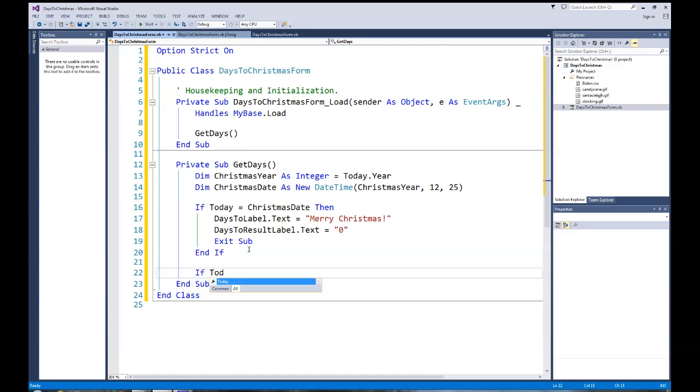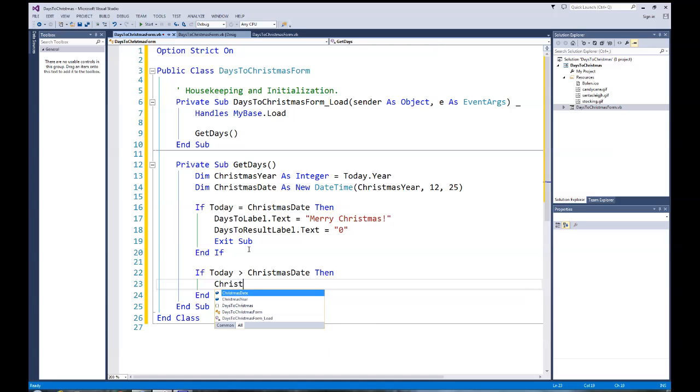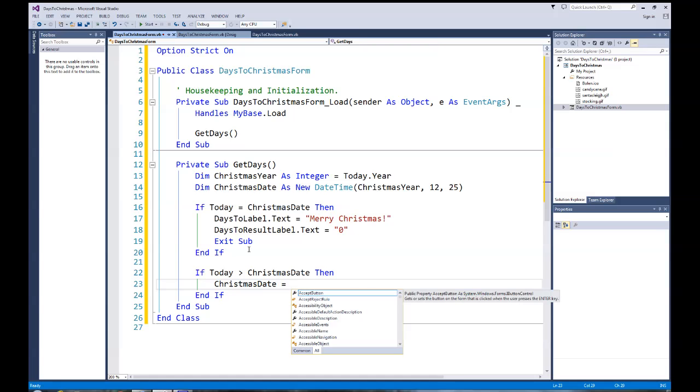today is greater than Christmas date. For example, it might be the day after Christmas. If it's after Christmas, then we need to change our Christmas date to the next year. And we do that by setting it to Christmas date,